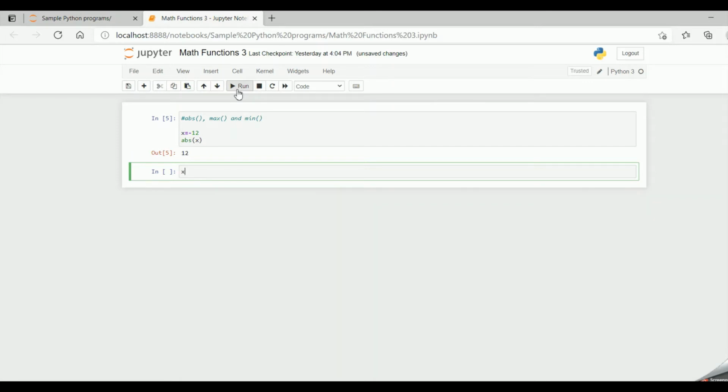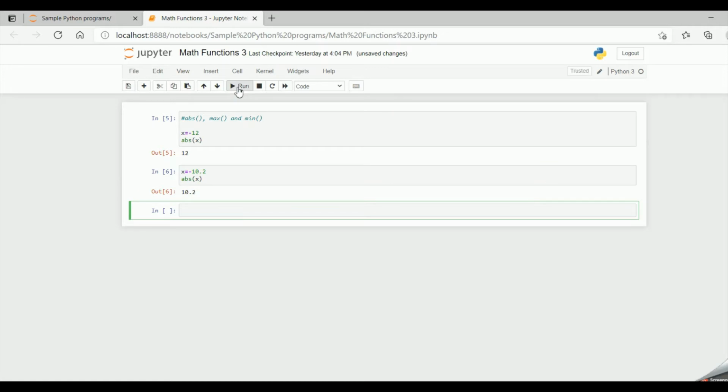Suppose x is equal to minus 10.2. It's having a minus sign and a floating number. So now if I say ABS of x and run the code, it will return plus 10.2. The minus sign is removed and it will return the positive number present in x.